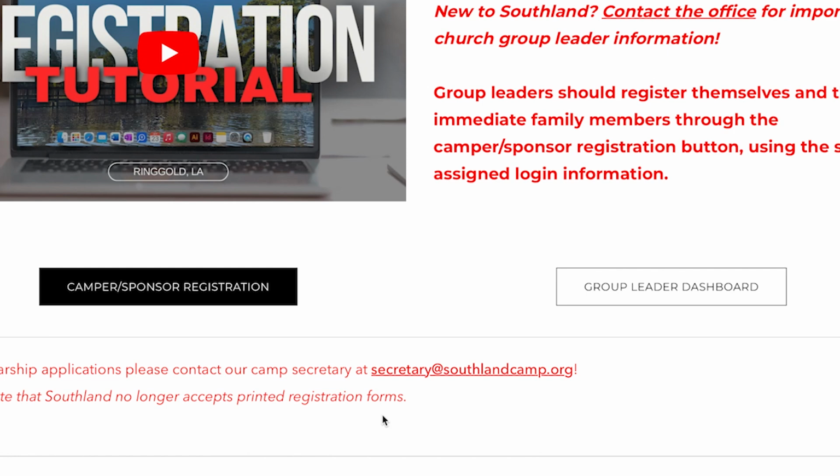To be clear, you are only creating one account, but then the credentials for that one account give you access as a youth leader to both the camper/sponsor registration as well as the group leader dashboard. To register yourself, your spouse, or your children, you'll want to go to the camper sponsor registration. That is where you personally, as a youth leader, youth sponsor, youth pastor, will sign yourself up for the week of camp. But then the group leader dashboard gives you the capability of reviewing everybody else who has signed up